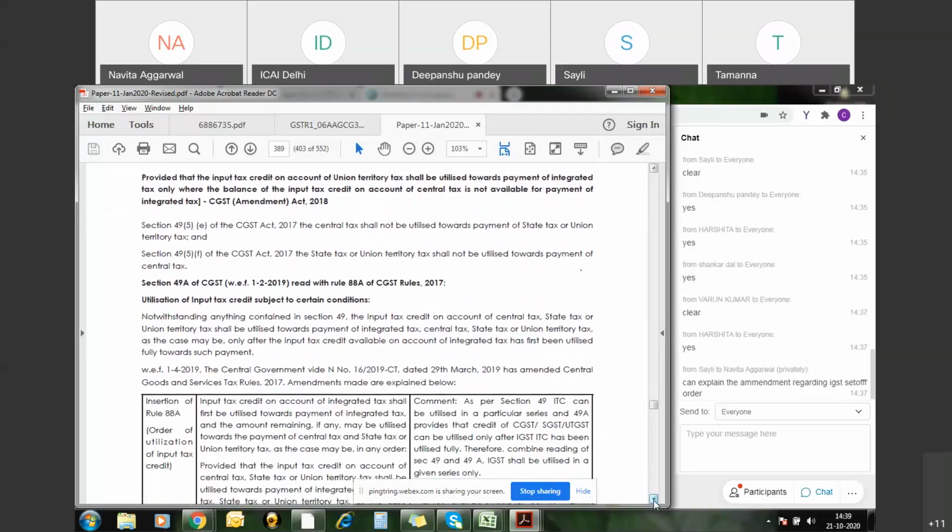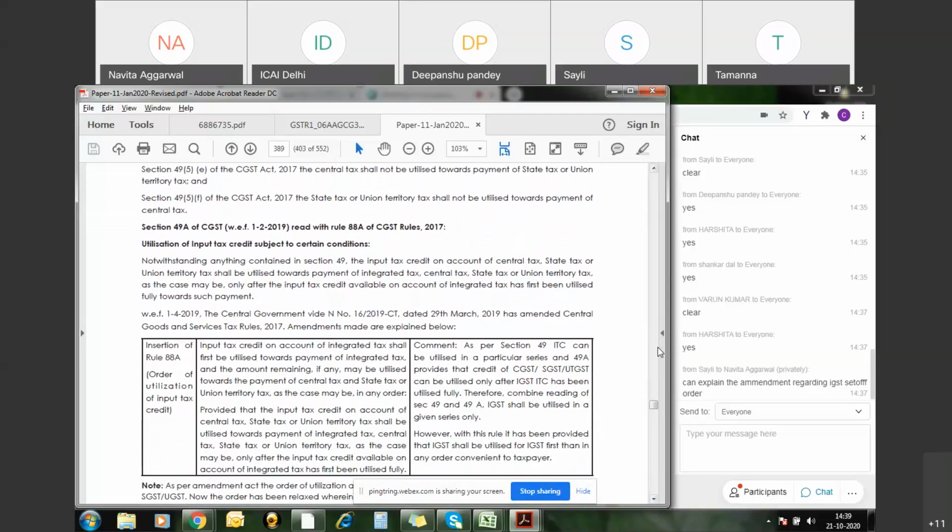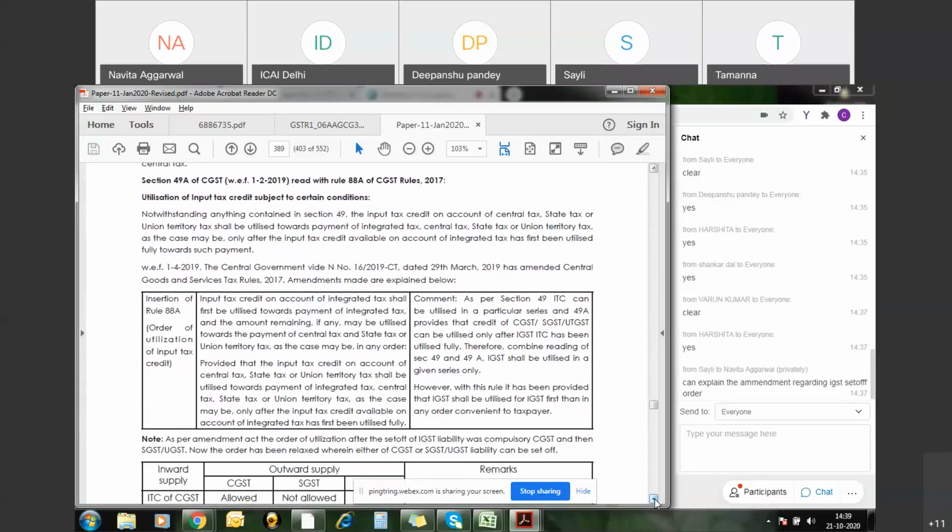Now, we will just go through the set of the new rules that has been introduced with effect from 1st February 2019, read with Rule 88A of the CGST rules. Now, what they are saying is, see,